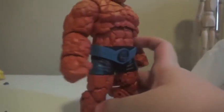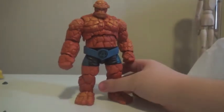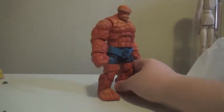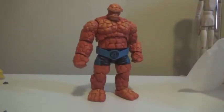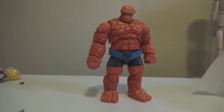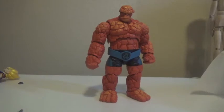Now the rest of the legs, I think they're fine. A lot of the same stuff can be said. These are some nice big feet that allow them to have a nice amount of stability on the ground, unlike the rest of the members of the Fantastic Four, which is really annoying. Yeah. Now at this point of the review, after going over a lot of the stuff, which honestly he looks really good, if we're gonna end that off like that,